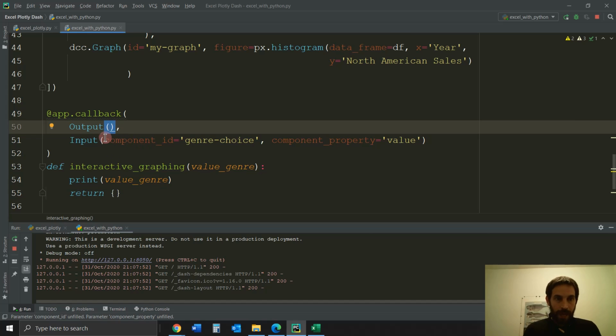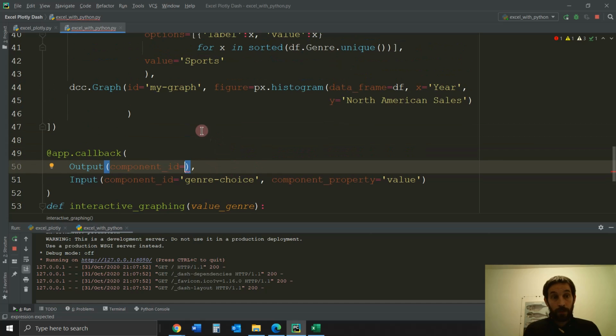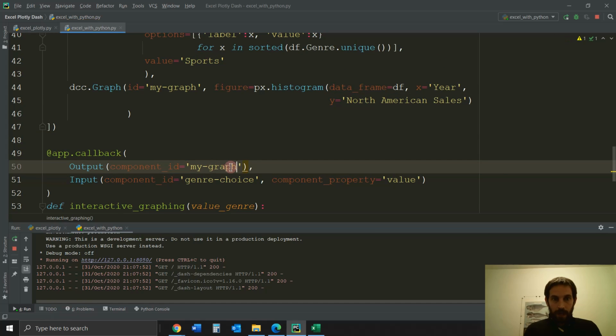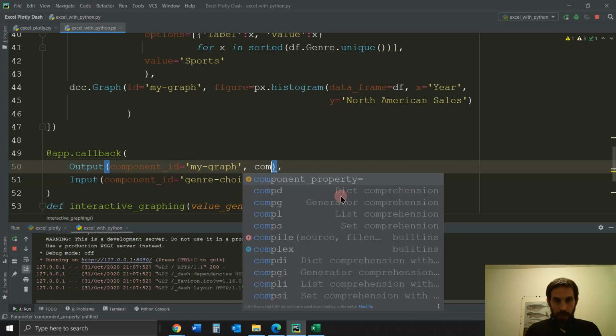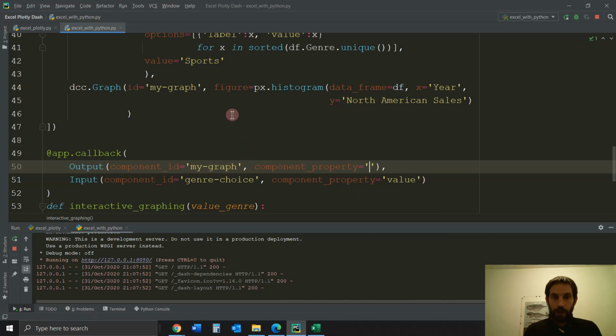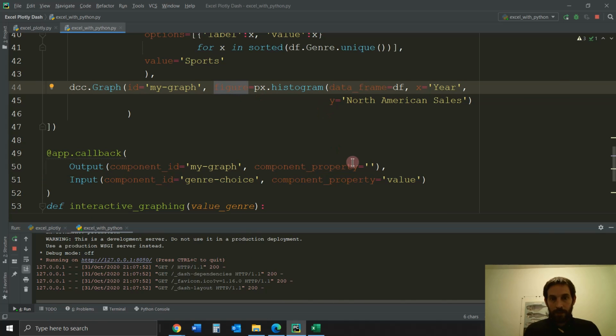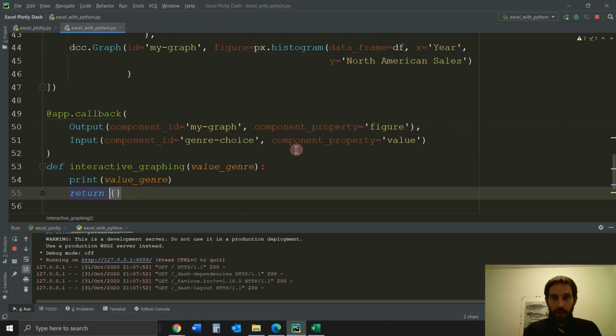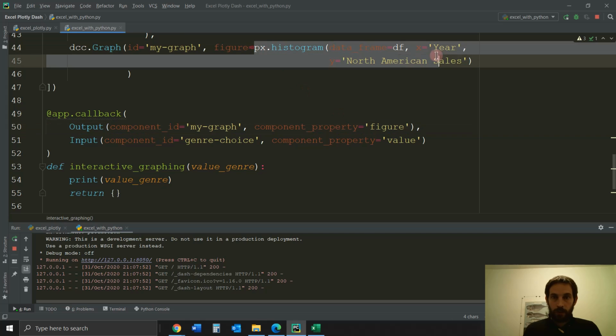So output also has component ID. So we're going to return an empty dictionary inside the component ID, which is going to be the graph. So it's going to be my graph that is the ID. And then the component property is going to be the figure, because we're going to return something inside that figure, okay? So whatever we return here, this empty dictionary is going to return here, which is going to return here,